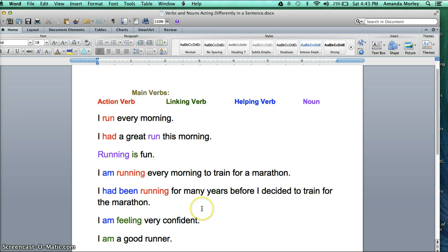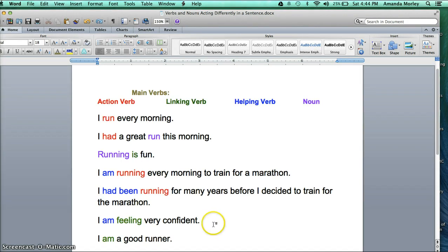Okay? Now, I want you to notice am up here was a helping verb. Again, it's going to be a helping verb. I am feeling confident. If I take feeling and put it as an equal sign, I could say I equal very confident. Okay, I equal very confident. However, that's not the right tense. So this is a linking verb. The main verb is a linking verb in this case, okay? But it needed some help,